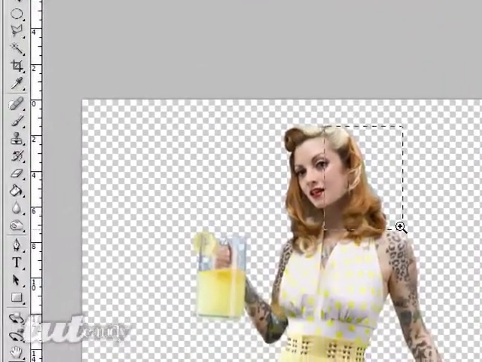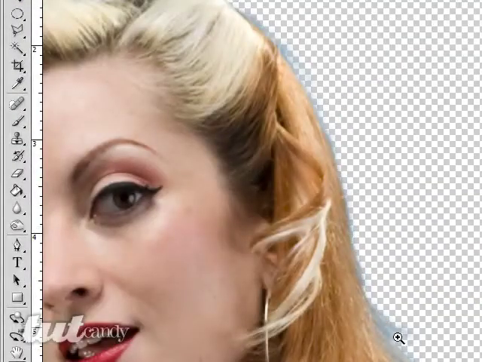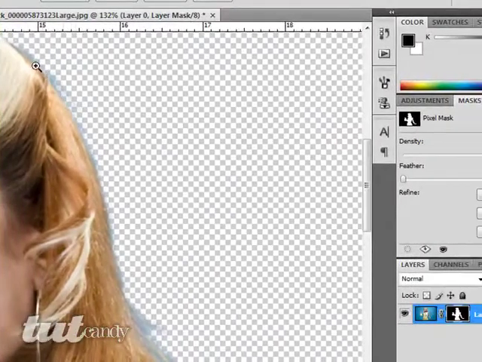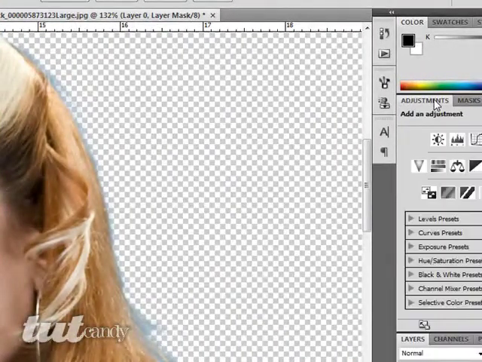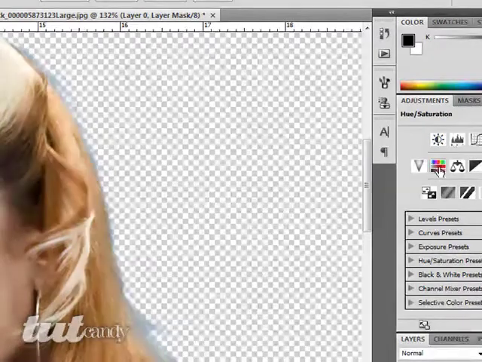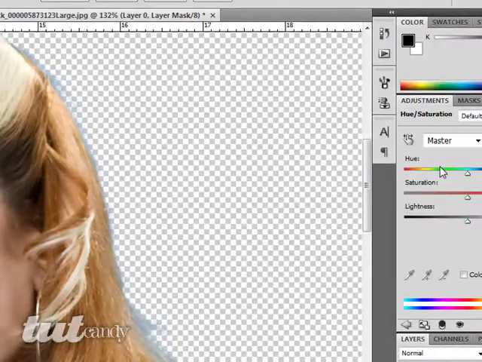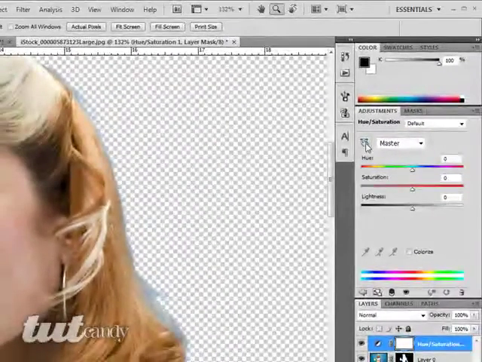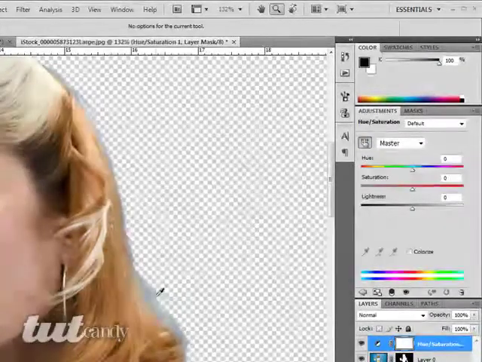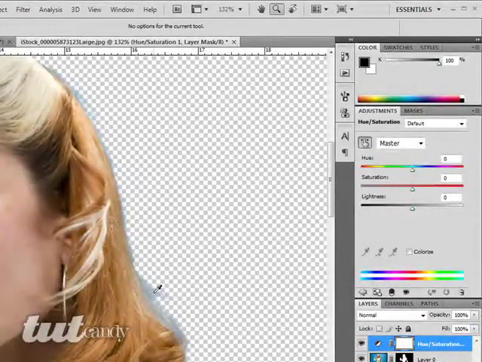Just before we move on, I'm going to show you something if you are getting this little bit of blue through here and you're sort of not that happy with it. We can simply go to adjustments and go to hue saturation. When we're in there, you can see this little doobie wacky tool. I'm not sure what the name is, but let's just call it doobie wacky. You can click on this, and once it brings up this little eye dropper tool, we can click into a blue section,